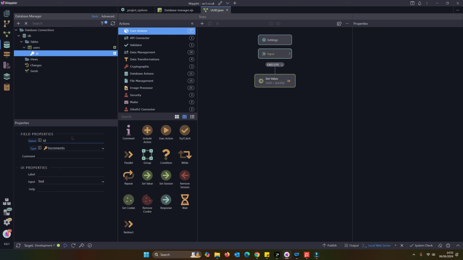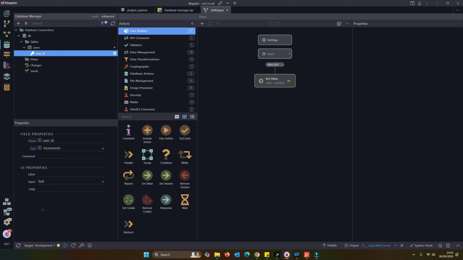But I don't like to leave everything just as ID, because it gets really confusing. So I tend to prefix the ID with the table name. So type is an increment, and that's basically an auto increment field.